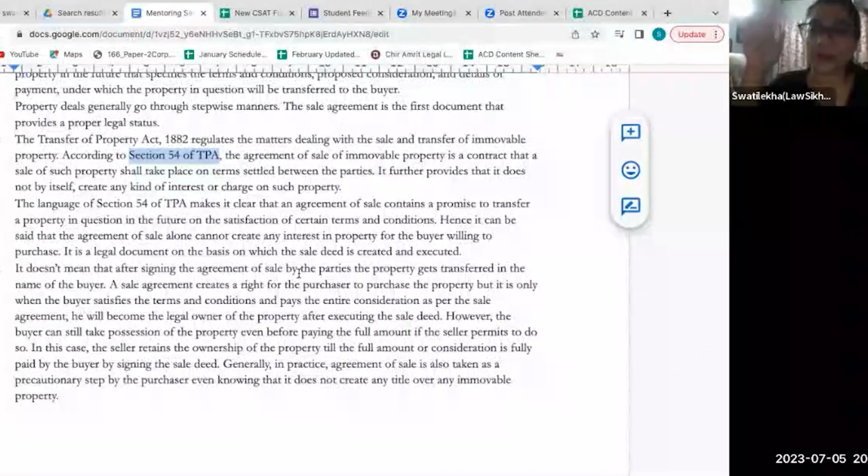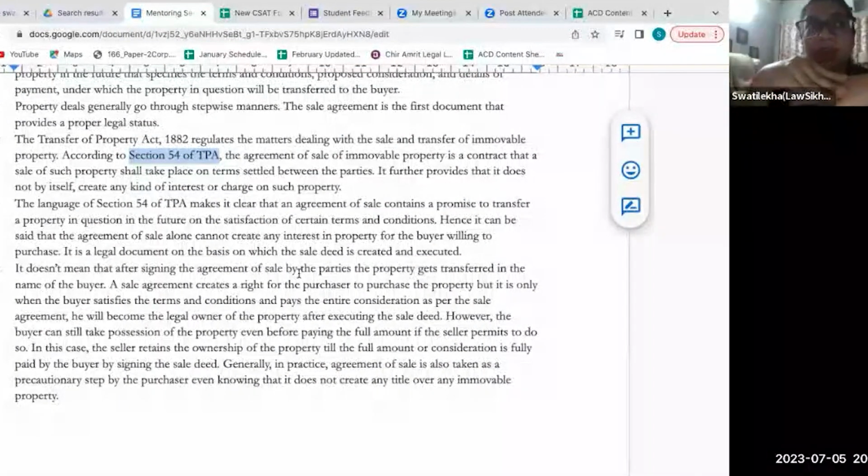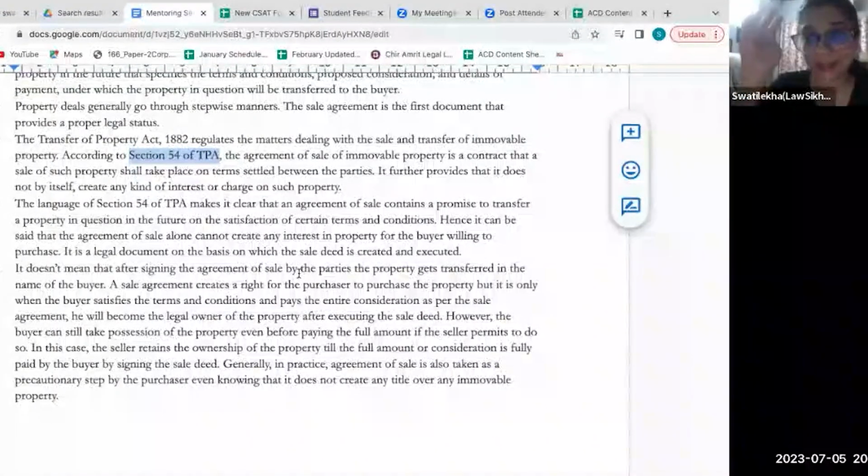So when it comes to property matters and especially these real estate documents, I don't know if this is going to be possible, but I think many of you are residing in very specific states, right? So if you could make a list and send it to me on my mail about the local practices, it might be helpful to everybody. Whatever the central legislation is, all of us will adhere to that, we know already, correct?